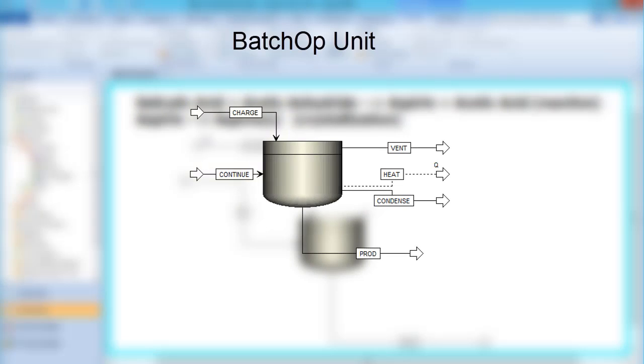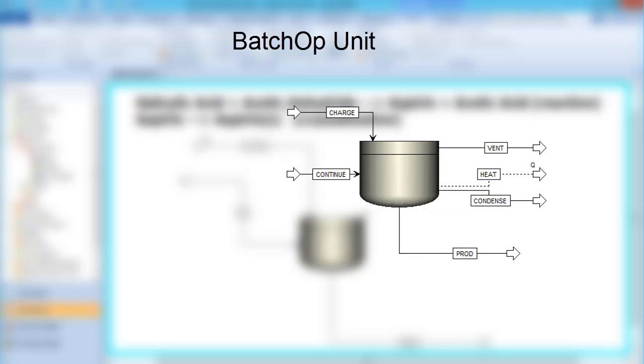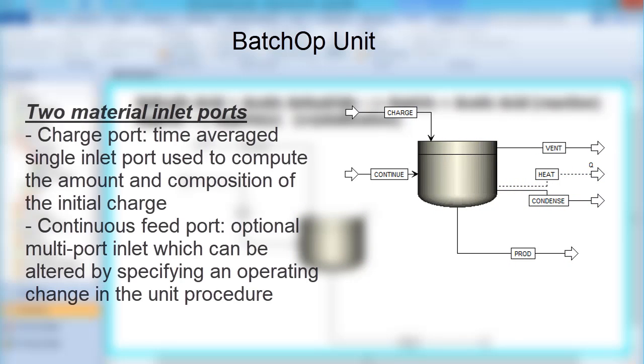The BatchOp unit has 2 input material ports, 3 outlet material ports, and 1 outlet heat port. The 2 input material ports are the charge port and the continuous feed port. The charge port is a time average single inlet port that is required for any BatchOp unit and can be used to compute the amount and composition of the initial charge. The optional continuous feed port is a multi-port inlet and can be altered by specifying an operating change in the